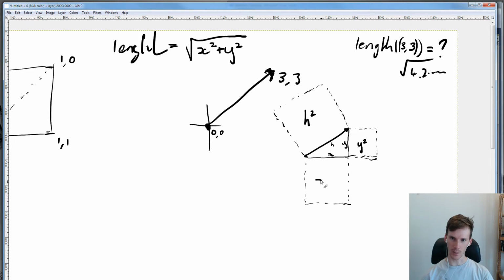Now there's definitely a more involved way of figuring this out, but what I'm going to go on to talk about in this video here is, so you add those two squares together and you get the area of the hypotenuse squared. So what I'm going to go on to talk about is